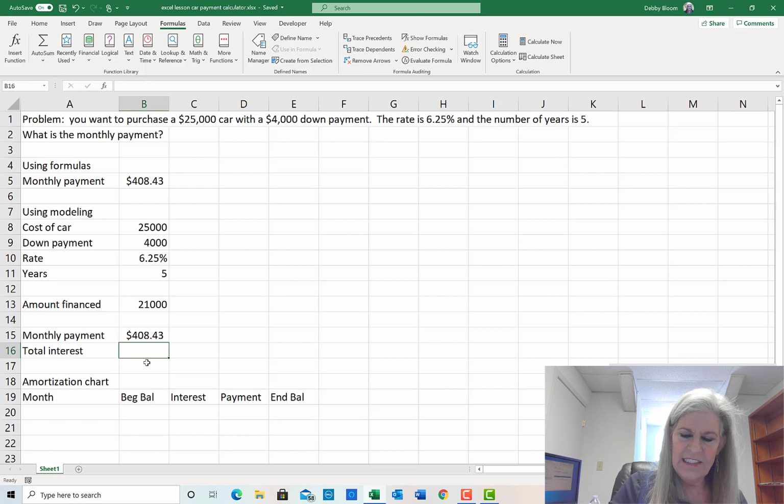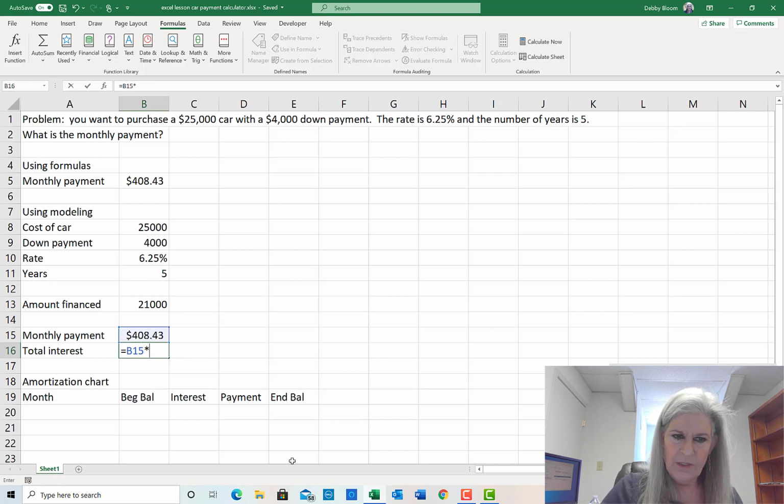So in cell B16, I'm going to type an equal sign. I'm going to take the monthly payment, multiply it by the number of years. So I'm going to multiply it by cell B11, and then I'm going to multiply that by 12. So that is the sum total of all of the payments. 12 payments a year for 5 years of 408.43 is what we're paying back, and we're borrowing 21,000. So I'm going to subtract and then click on the amount financed, cell B13,